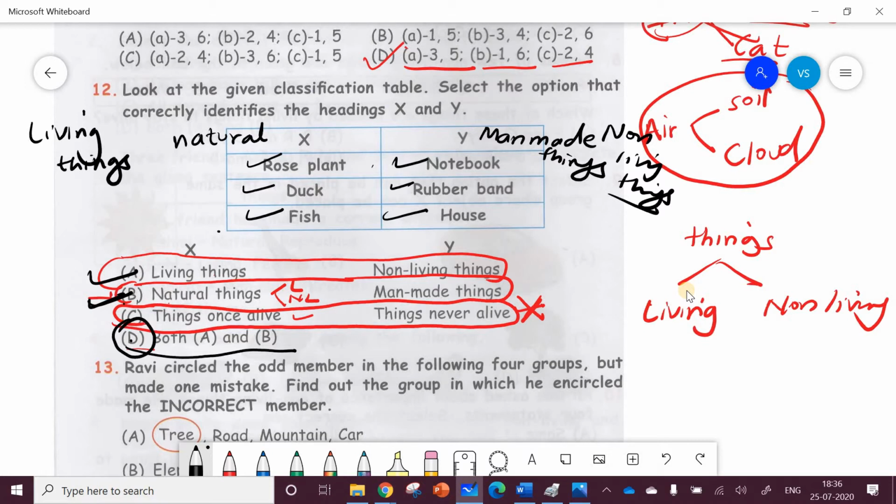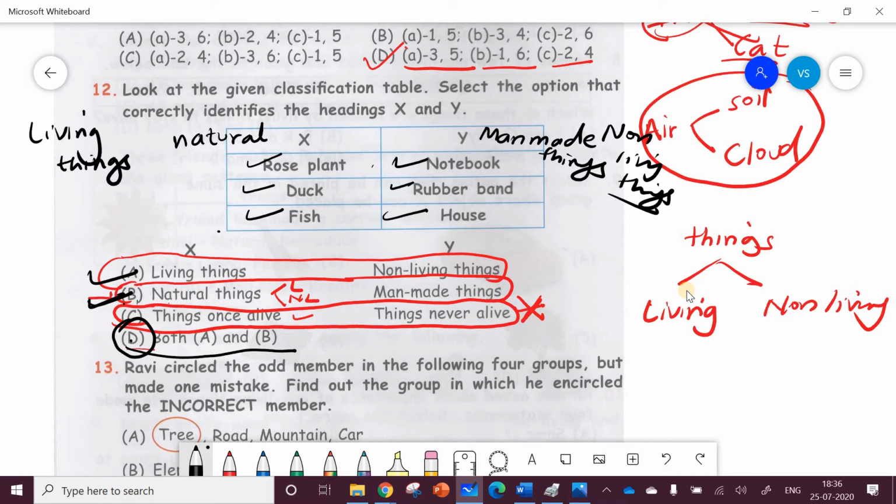So students, you have to be very careful. The questions in Olympiad can be very tricky. For a moment there, I also thought that option B will not be the answer. But looking at it very carefully, when they have given an option D, which says both A and B, our answer falls in the category of D option.